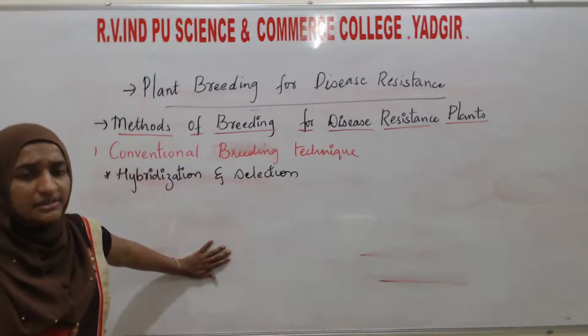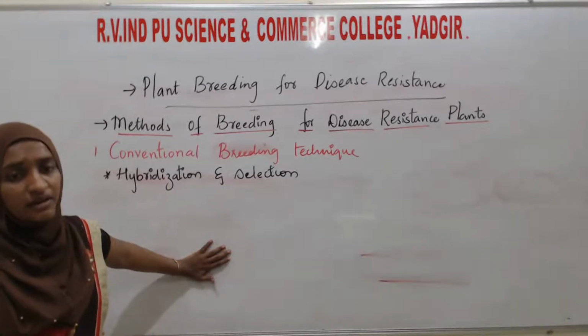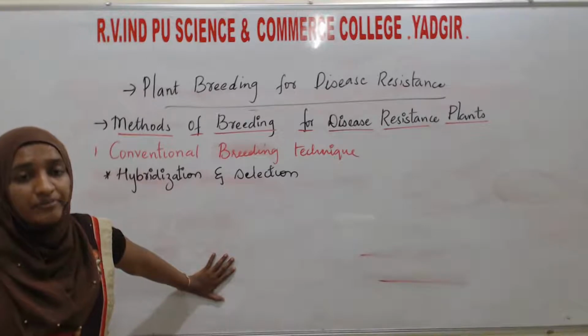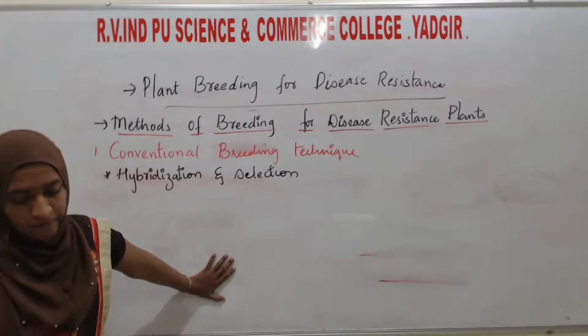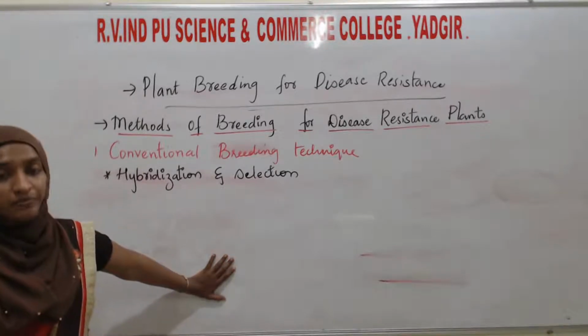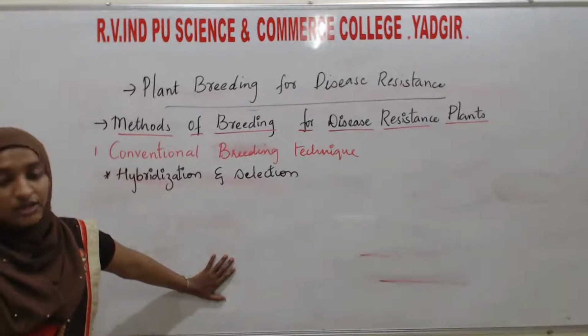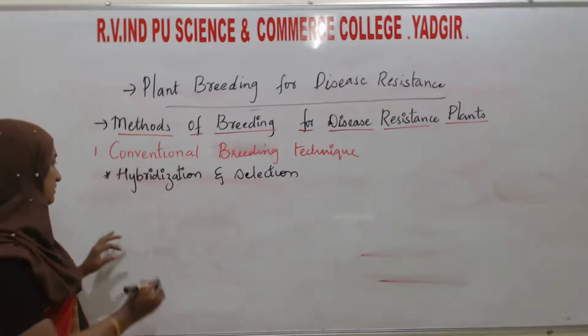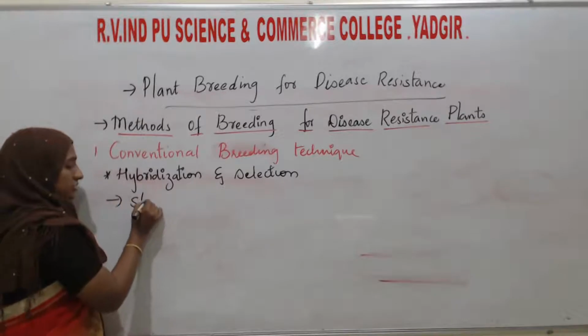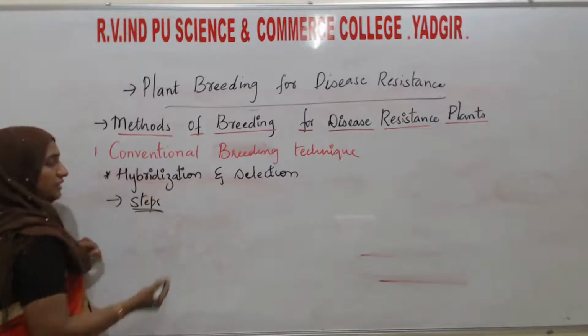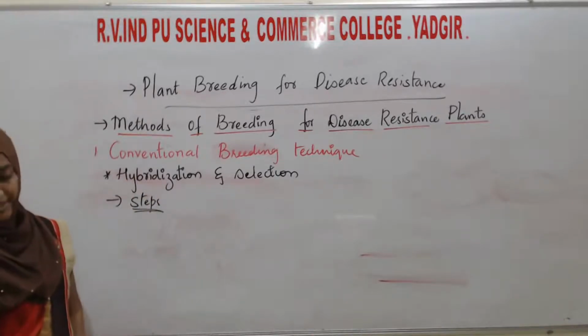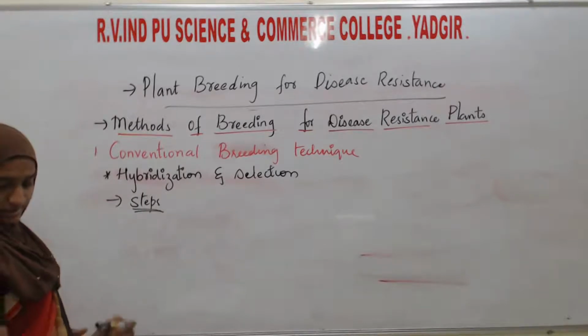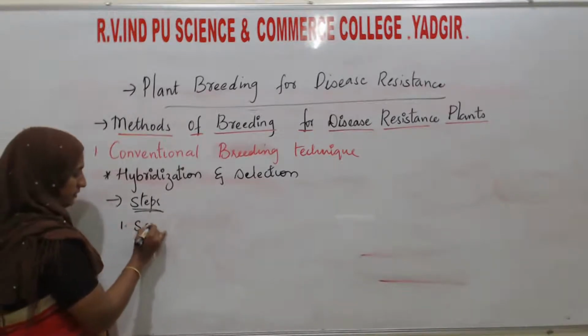Whatever breeding procedure is there, you can implement on this particular method. The sequential steps involved in the conventional breeding technique: first, screening the germplasm